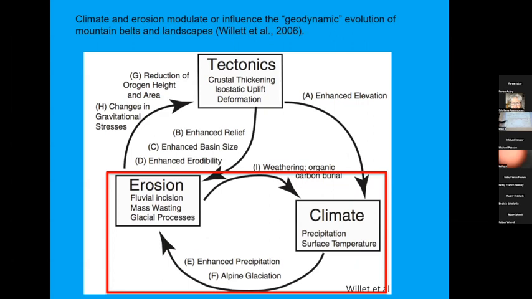So the rest of the talk will be more on the bottom part of this figure, where we're looking at once the mountains start to go up, how do they erode down? Perhaps how that balance I just mentioned, going up and coming down, they stay in balance. Perhaps climate and erosion, actually, I'll touch upon this. I mentioned it already. They actually may play an additional role in helping mountains go up. And I'll mention that in some areas.